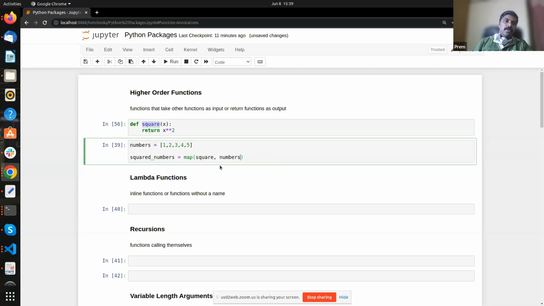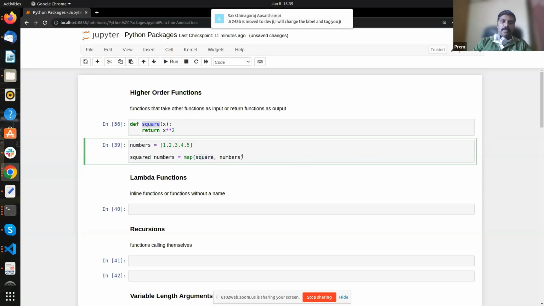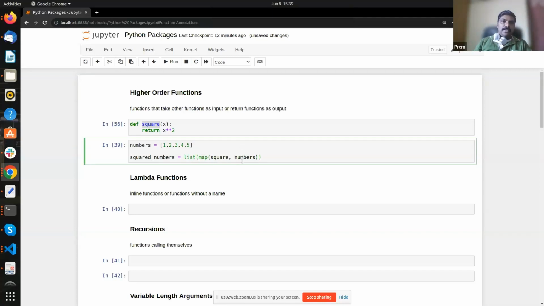This is going to take each and every number in this numbers list, apply the square function to that, and return it back as a list. So we will typecast that to a list so that we get the result as a list. Okay, and then let's print it,